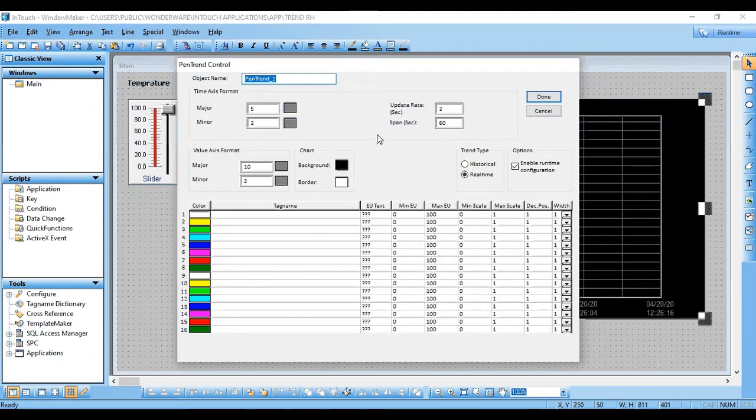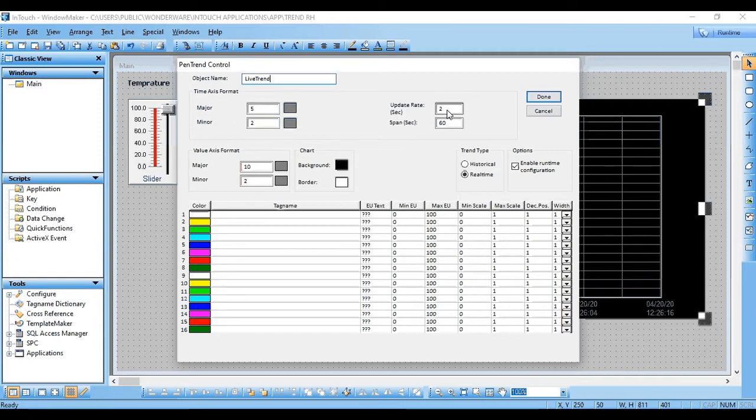Double click on the trend. You can select any object name here as per your requirement, so I will change it to live trend. Now you can change the parameters as per your requirement. This is for the time axis format.